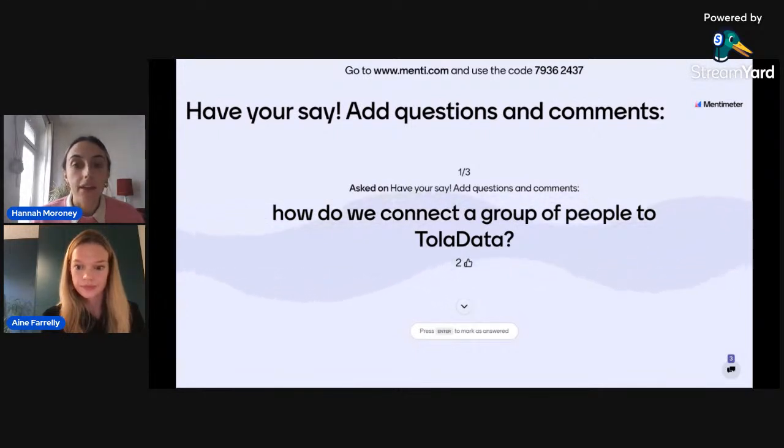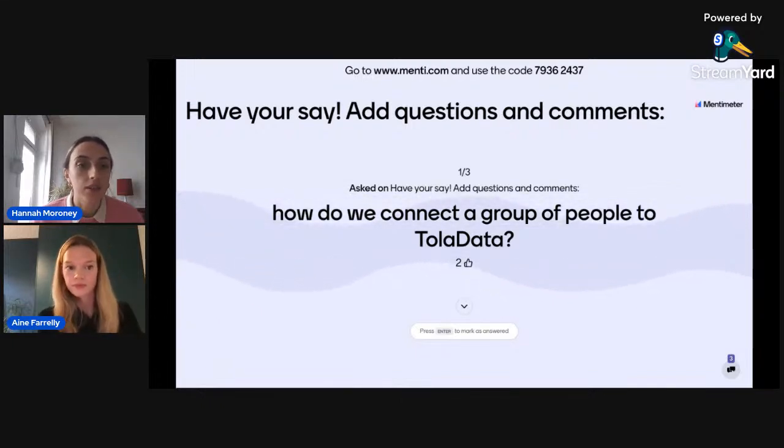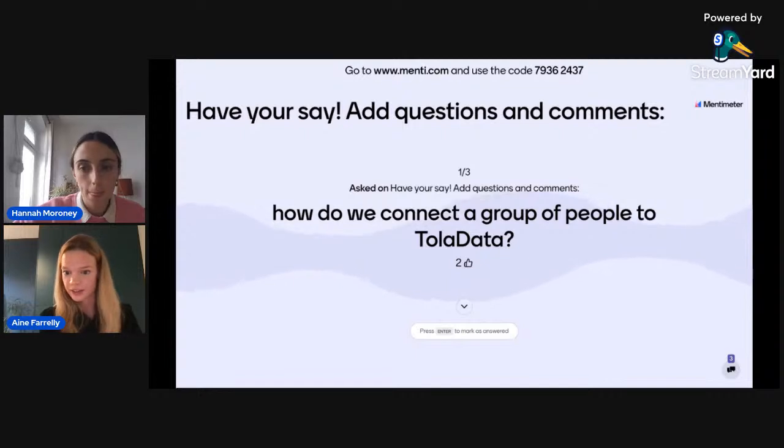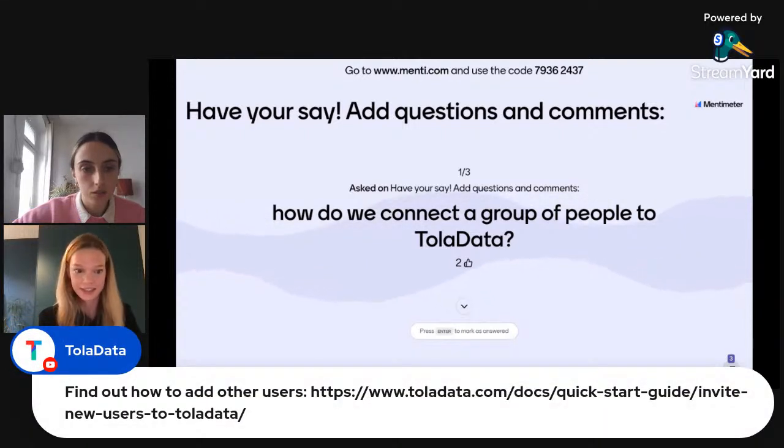So you can share it with all of your colleagues on your team, whether it's project managers or MEAL coordinators, whoever it is, you can invite them all to come and check it out and work together if you're interested. Someone there in the comments has actually added the knowledge base article. So if you click into that, sign up immediately, you can have your whole team invited in the next 5 minutes, I would say, depending on how many people are on your team.